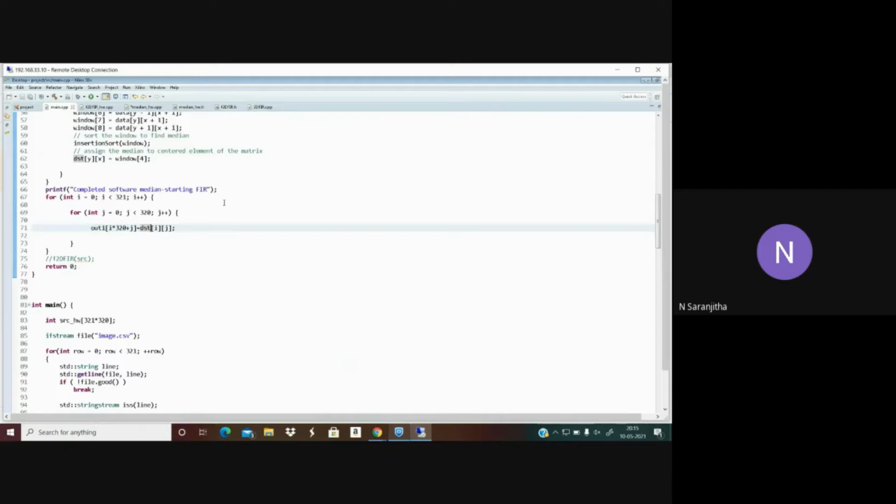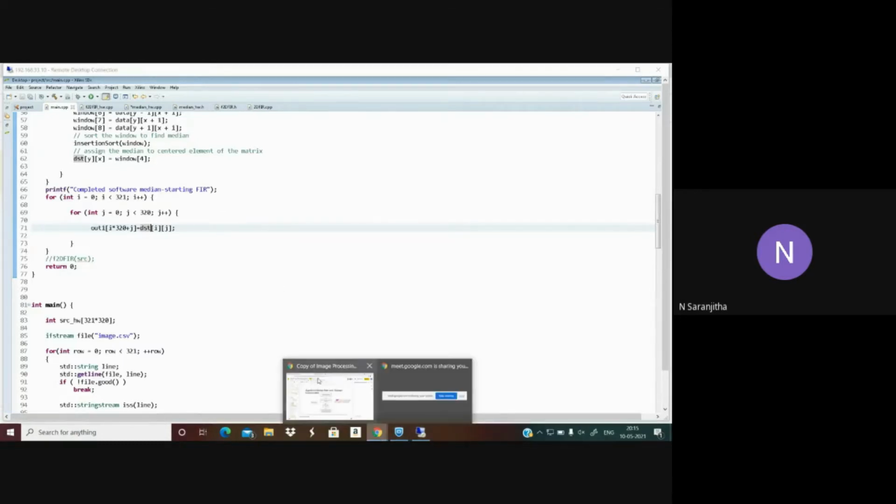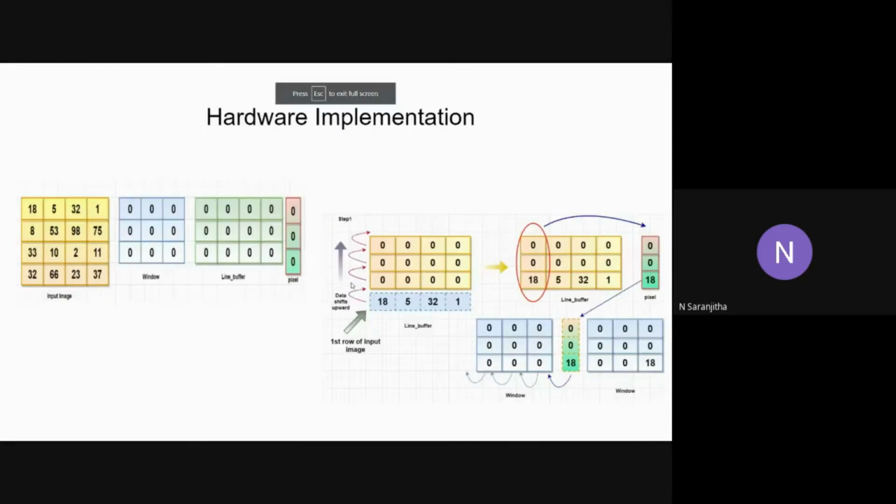We actually faced a few problems implementing the same algorithm in the hardware because there were insufficient block RAMs available. So we tried to modify our code. We tried to modify the algorithm in such a way that the data from the input image is accessed sequentially and only once. So this is the algorithm that has been used.